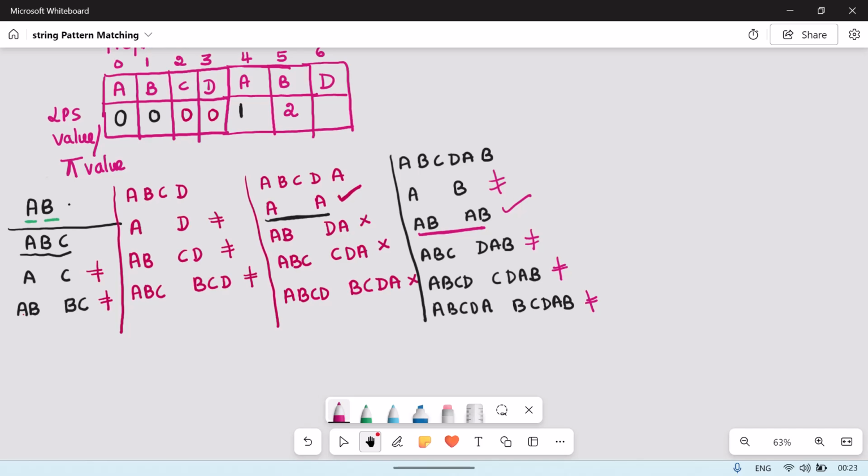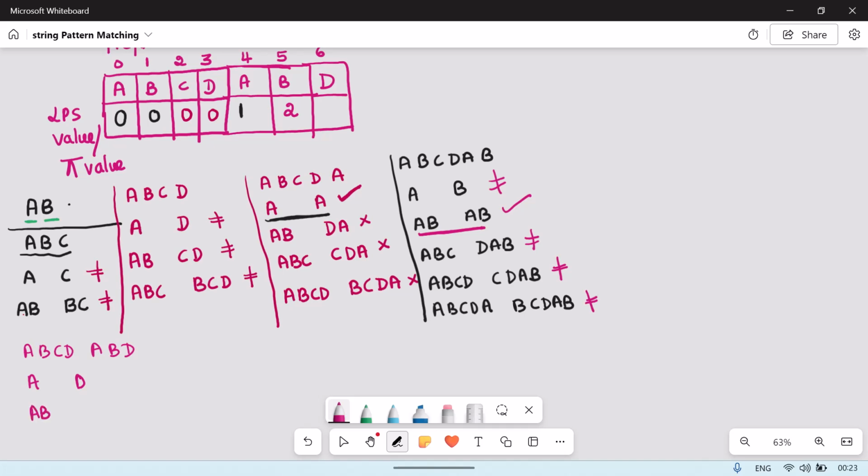Likewise for the last one, A, B, C, D, A, B, D. Okay, like this only you will have to do. So, can you think and tell me what would be the value here? This is A, B, C, D, A, B, D. So, I can take A and A, no, sorry, A and D,